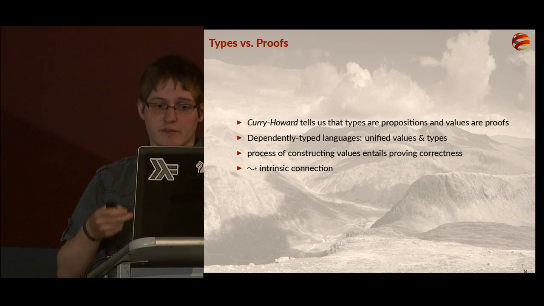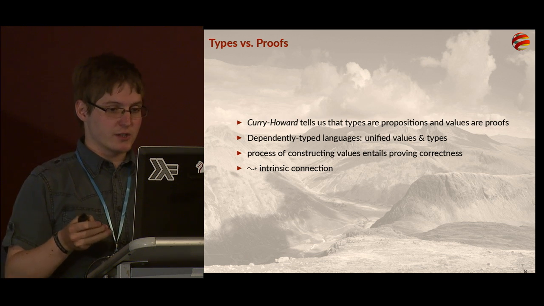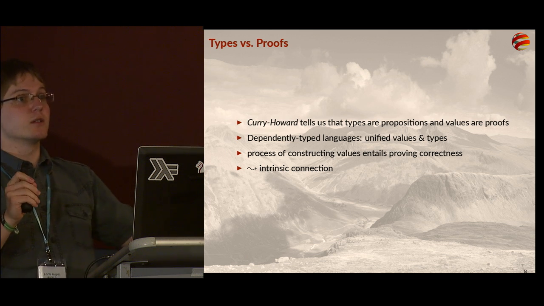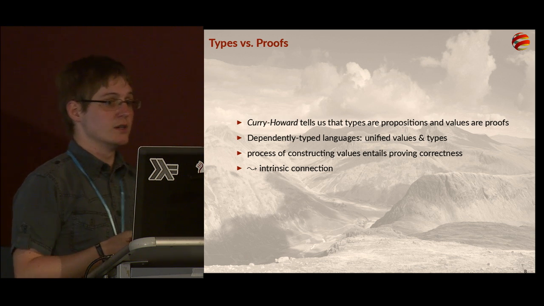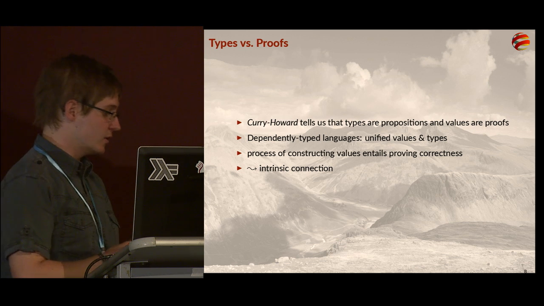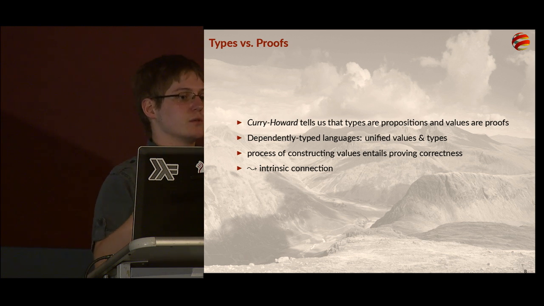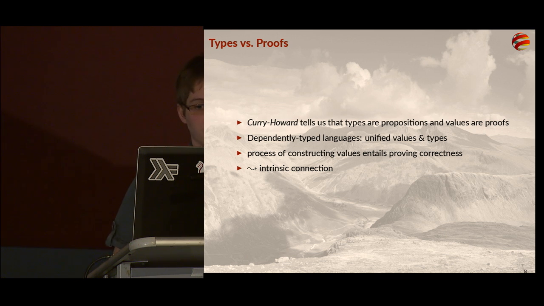And let's say you have some specific data types, and in this data type you can actually encode some invariants. You can do that in a dependently typed language. And by the very nature of writing down a program which satisfies this type, you have already proven correctness. So what you've also seen in Edwin's talk is essentially when you write down an implementation of the store protocol, just by writing it down, you have already proven correctness. So there's essentially, I'm arguing, an intrinsic connection between those two things.